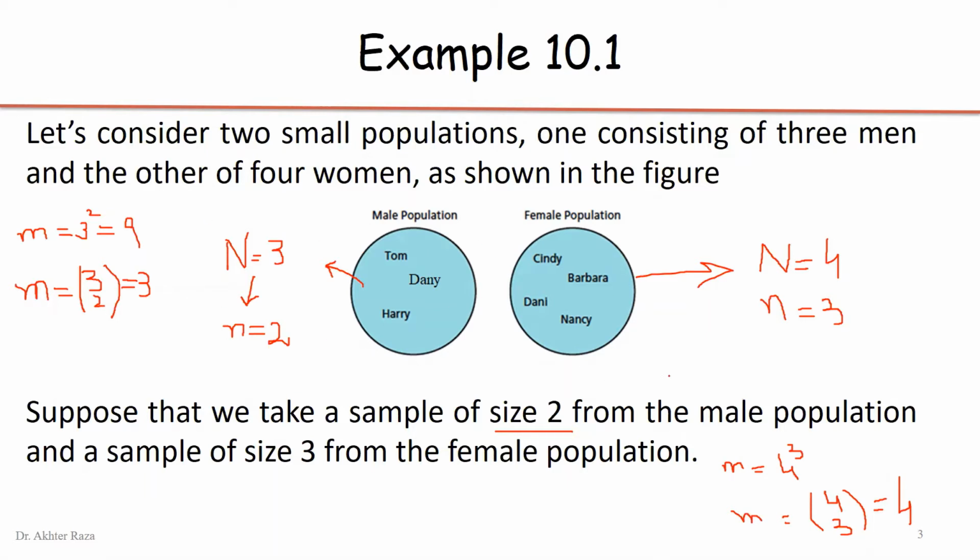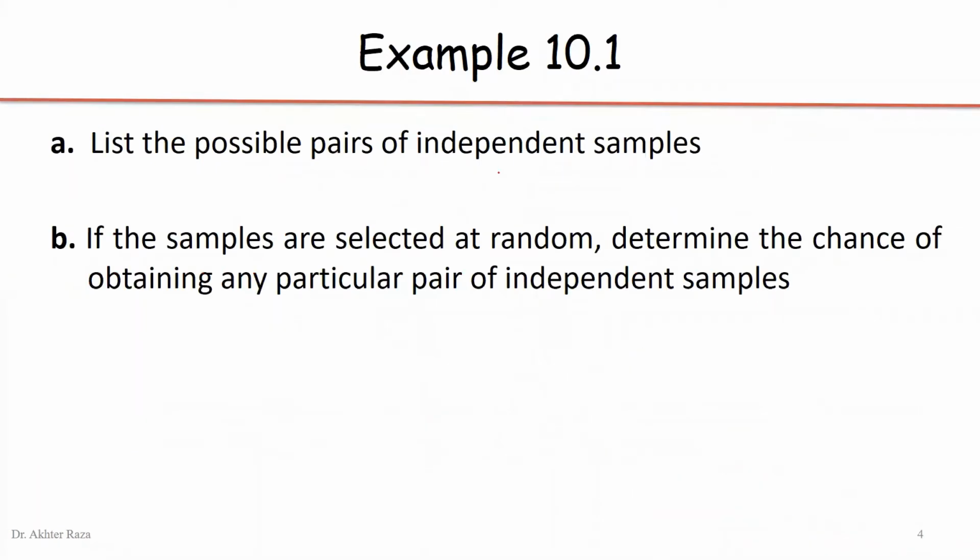So what will these samples be? List all possible pairs of independent samples. From population 1, all samples are 3; we have to construct these 3 samples. From population 2, we have 4 samples that can be selected. The 3 possibilities from population 1 and 4 possibilities from population 2. Finally, we have to find all possible pairs of these 2 independent samples. So that is to be completed.